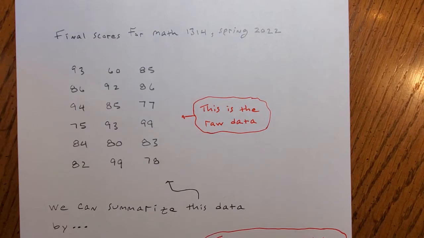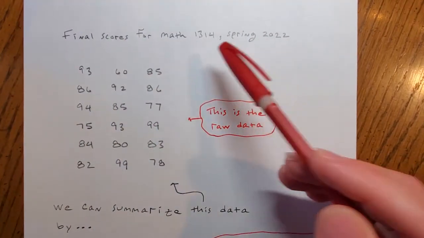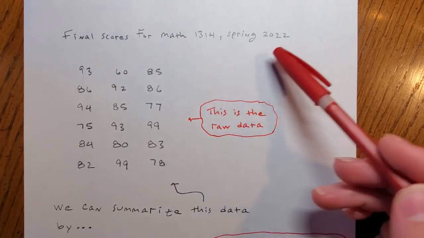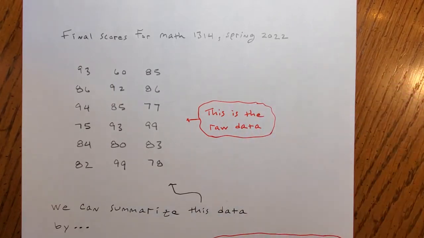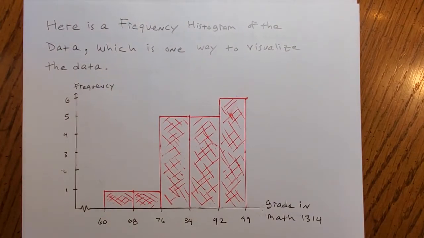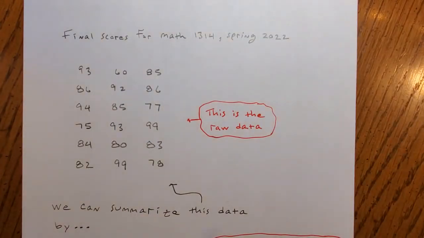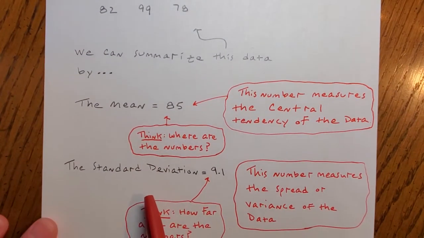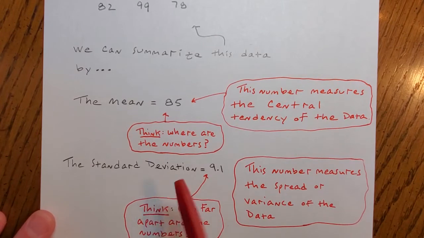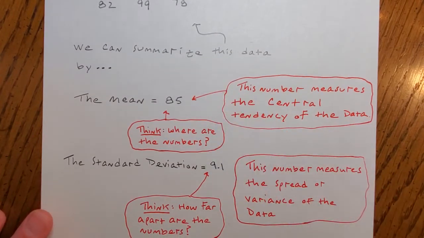And another thing that we do is this. So here I've reproduced those same numbers. Remember, this is raw data. These are the final scores for Math 13-14 Spring 2022. So another way that we might summarize it that's not visual, because remember, the frequency histogram is visual, all right, is by giving numbers such as the mean and the standard deviation, okay? All right, so these are our single number summaries of